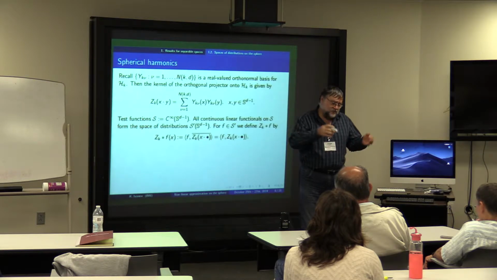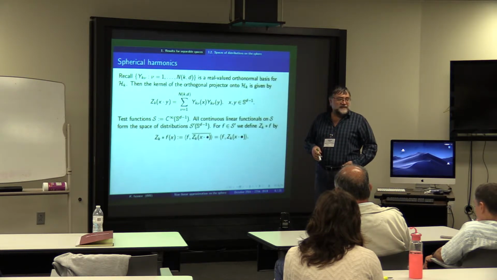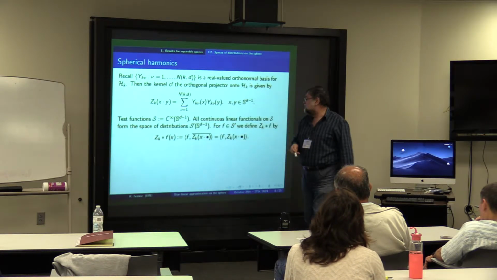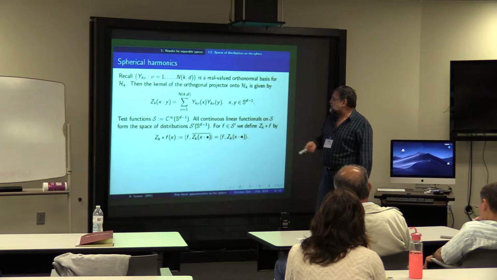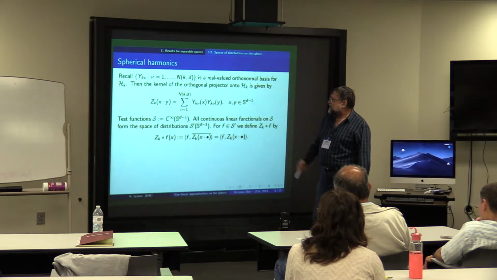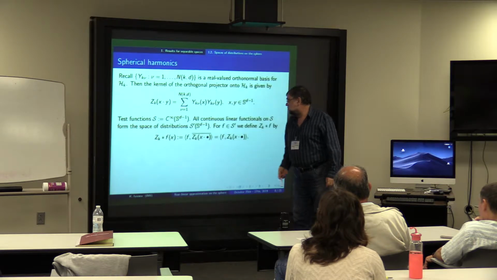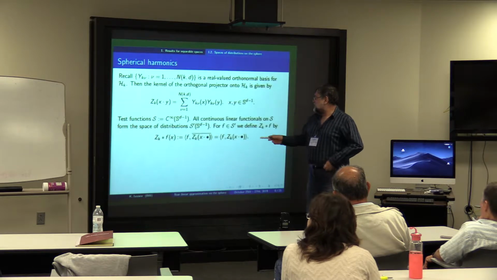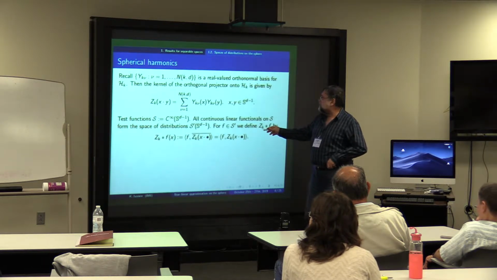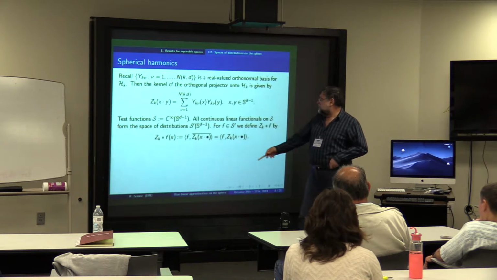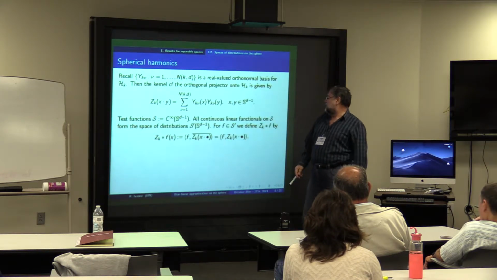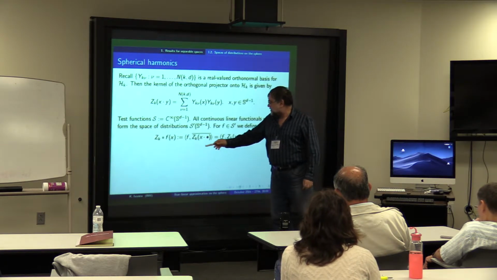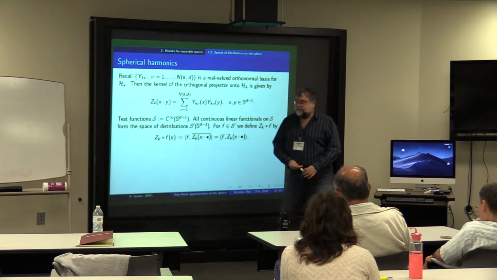Okay. Test functions are all infinitely differentiable functions. We're on a compact set, so no need to assume additional compactness as in R^d. So these are the test functions, and respectively the continuous linear functionals on S form the space of distributions S'. For any distribution, for any continuous linear functional, we define the convolution with the kernel of the orthogonal projector in the standard way. Here we go. This fat dot here is the integral over the same variable as in f.